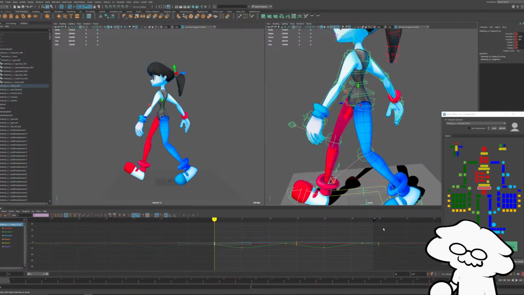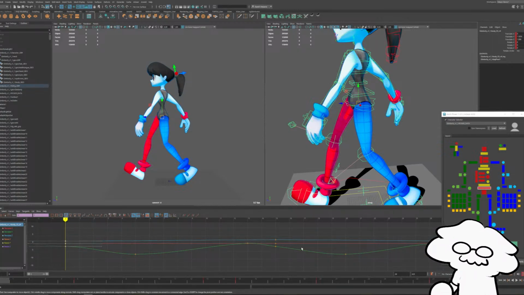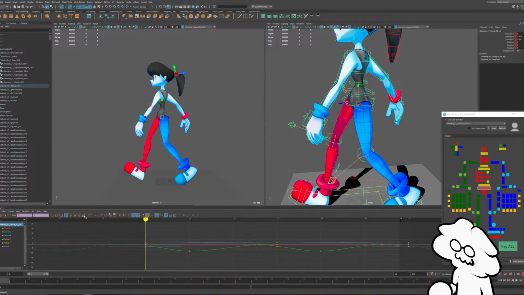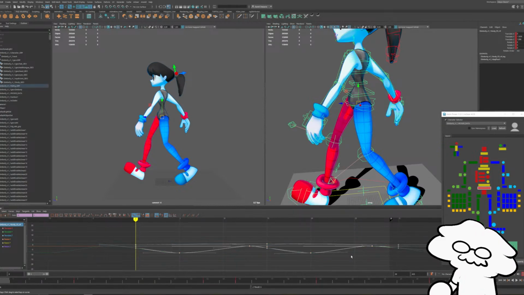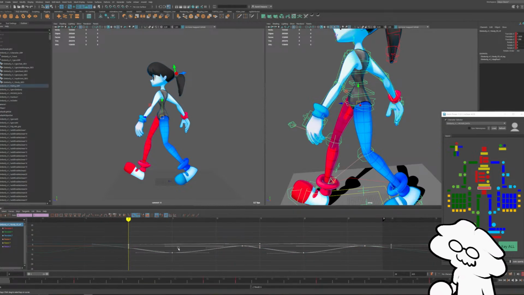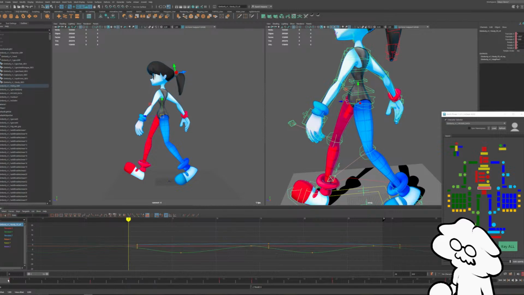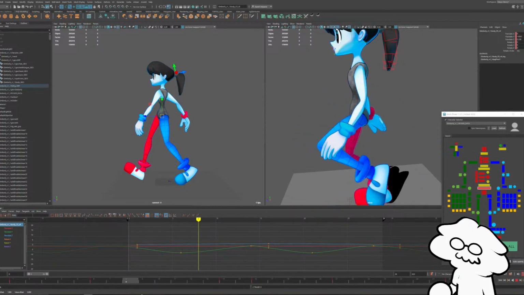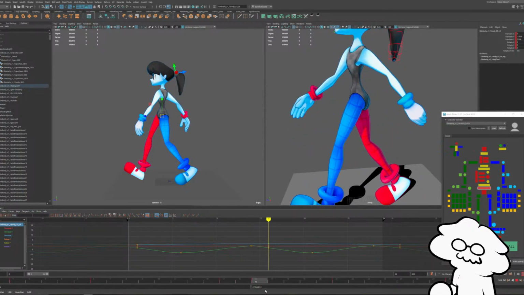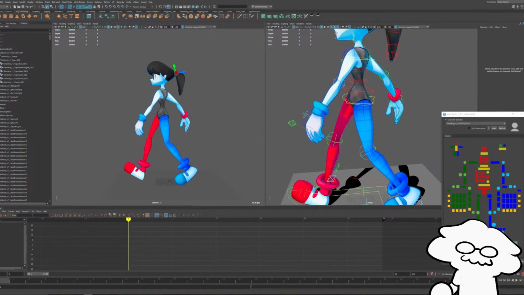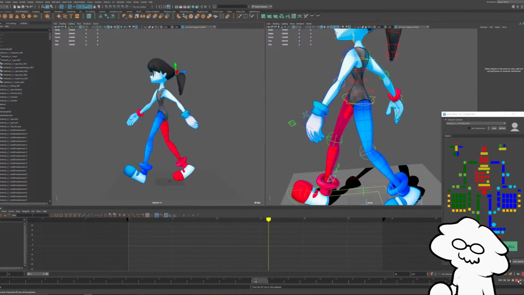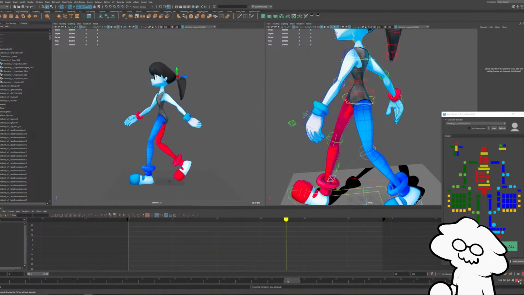And we'll also spline the keys on 0 and 30. Just like that. And then we'll move it over. Maybe just a frame. See how that looks. Yeah, I think that looks good. Just one frame over. I think it looks pretty good.